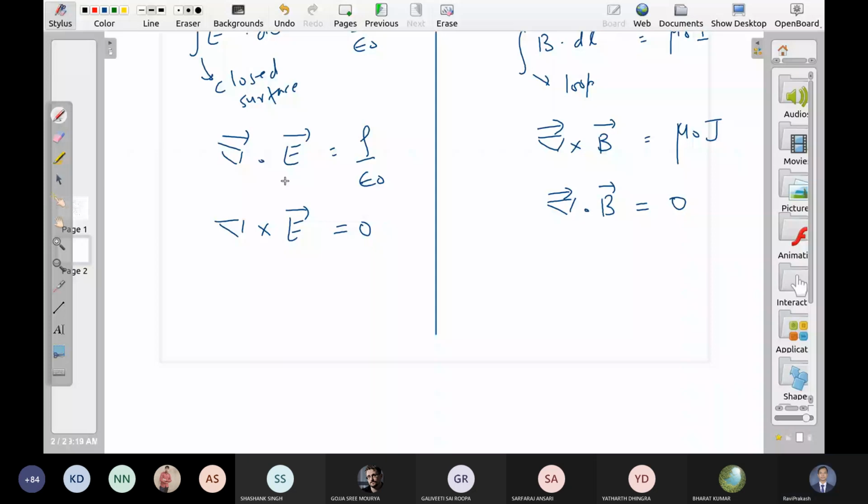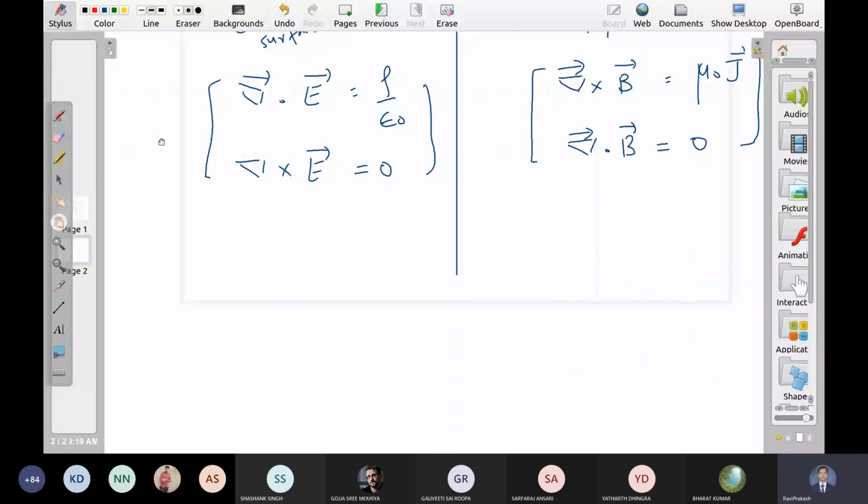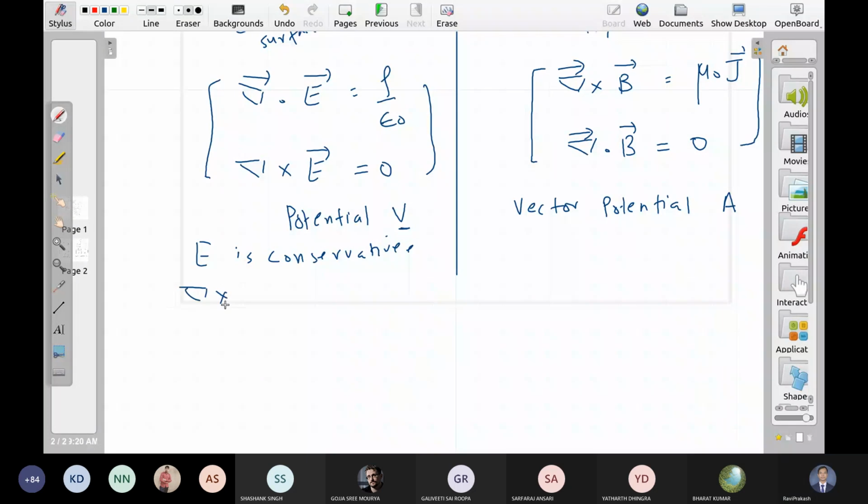Here we have potentials, V. Here also we have not exactly a potential, a vector potential, A. And why do we have this potential term? Because E is conservative, or in mathematics, del cross E is 0. Right? Why did this potential concept come? Because the electric field is a conservative quantity, and for mathematicians the same statement is equivalent to curl of E being 0. The same thing is here. Why did the vector potential come? There is no physical argument, it is a mathematical argument.